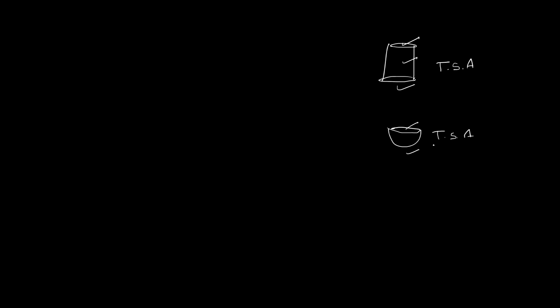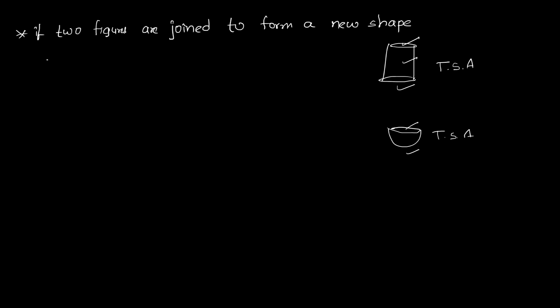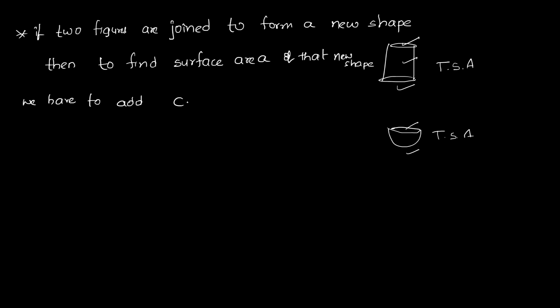But when 2 figures or 3 figures join to form a new figure, to find its surface area every time we have to add the curved surface areas or lateral surface areas. Important point: if 2 figures are joined to form a new shape, then to find the surface area of that new shape we have to add the curved surface areas of the individual shapes, because